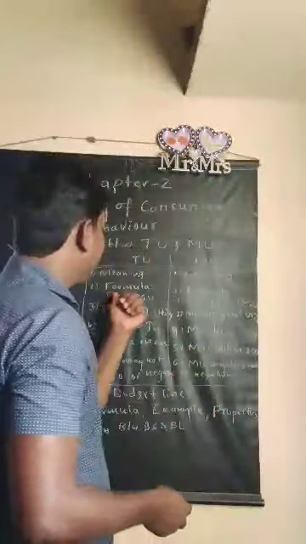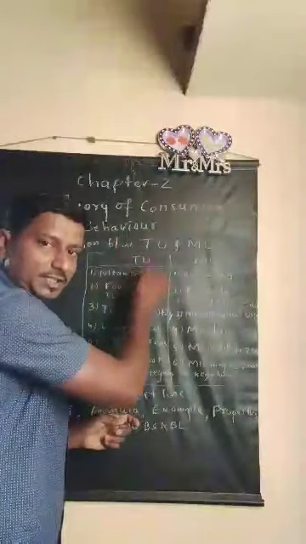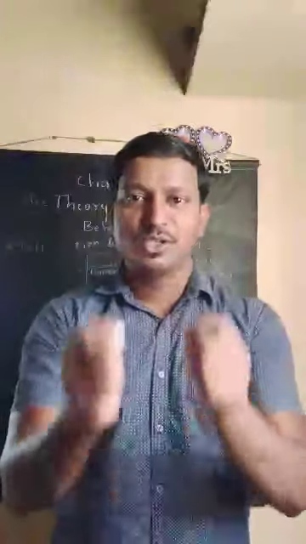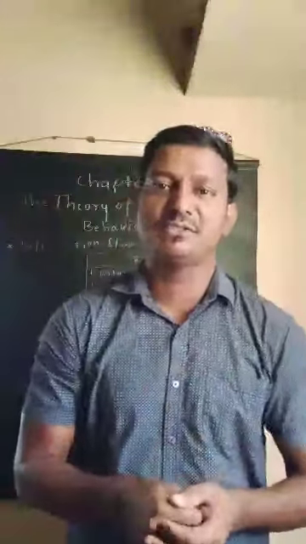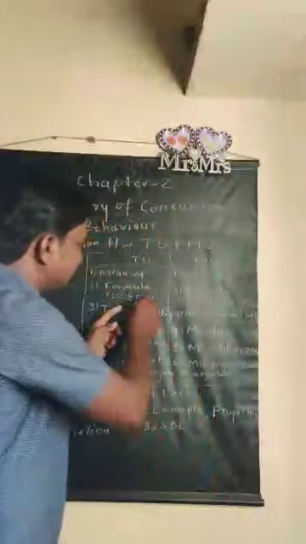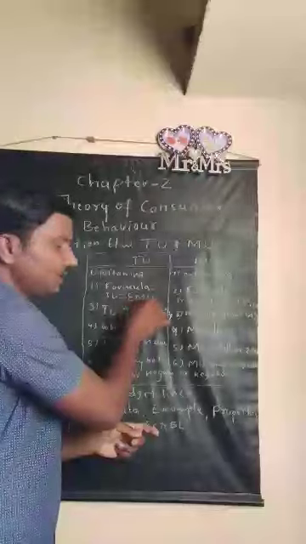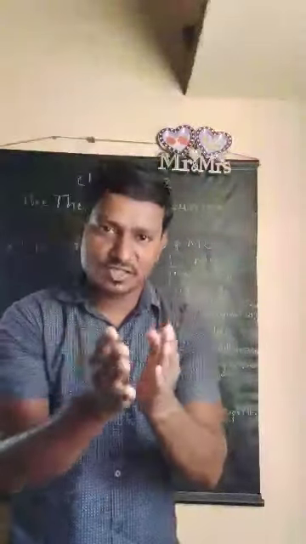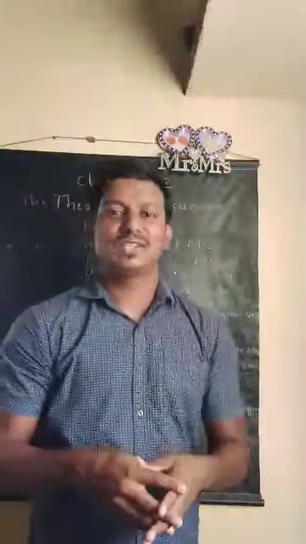Coming to the formula we use to calculate both of these, while calculating the total utility, total utility is equal to the sum of marginal utilities, or the sum of the utiles derived from each and every unit of the commodity. Let us see that. TU is equal to summation MU, sigma MU, where MU is marginal utility. If you sum all the marginal utilities together, that is the total utility.